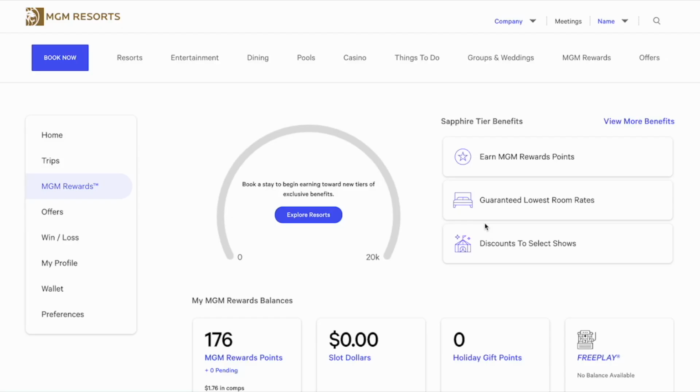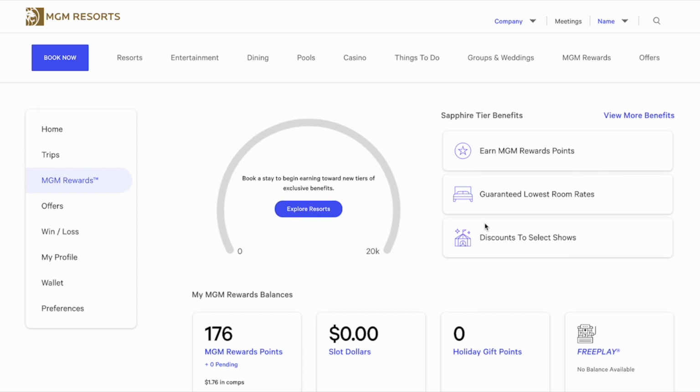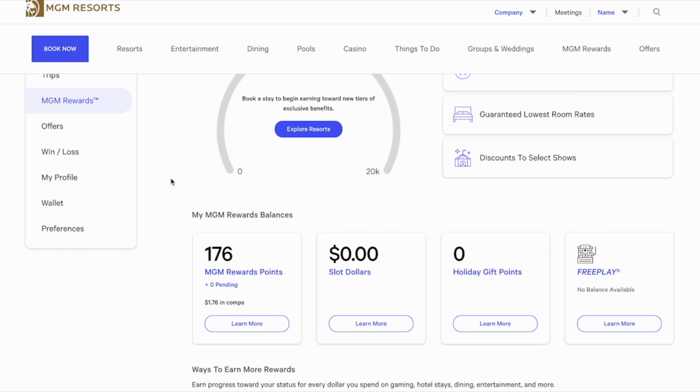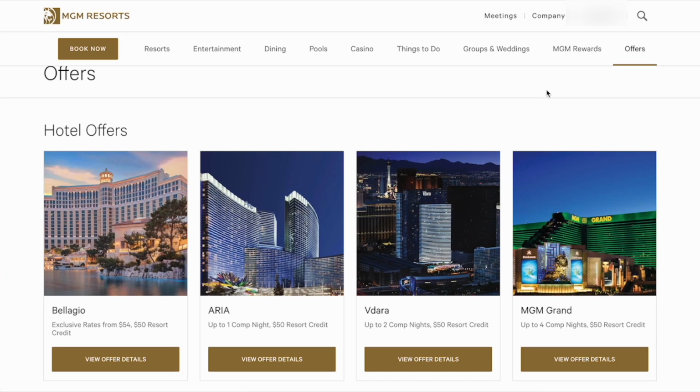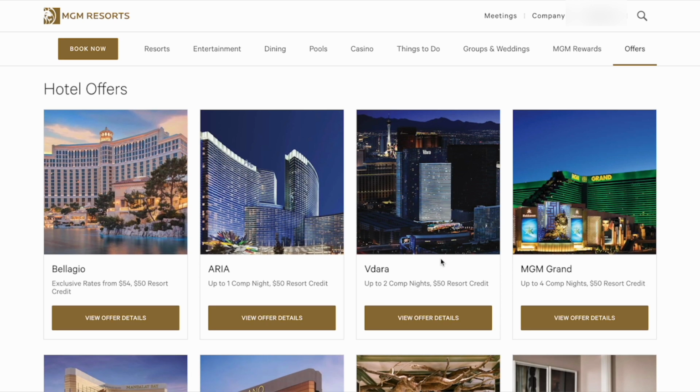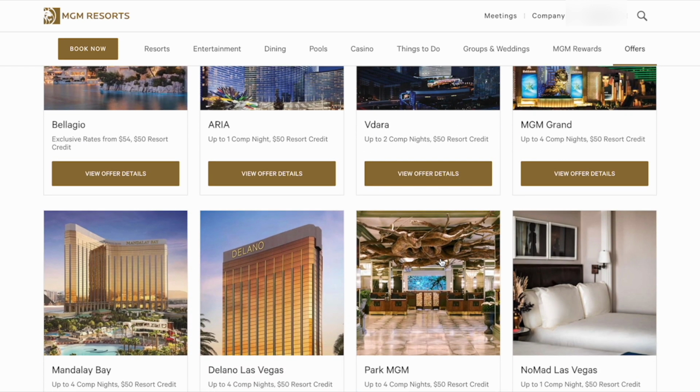Now here we log into my actual account. And then you'll see that I have 176 reward points, which isn't that much. It's worth $1.76 in comps. But when we go to the offers page, you'll see that I already have some offers just because I played that craps for half an hour the last time that I went. So scrolling down to